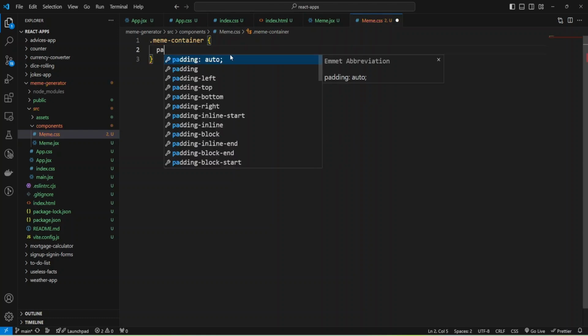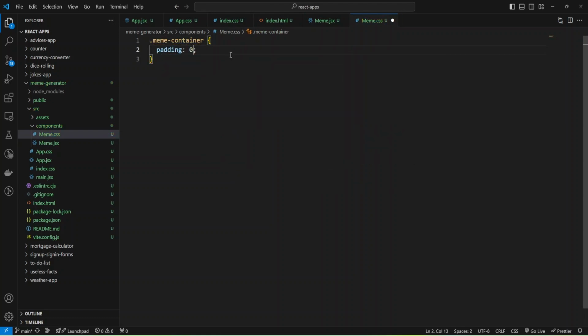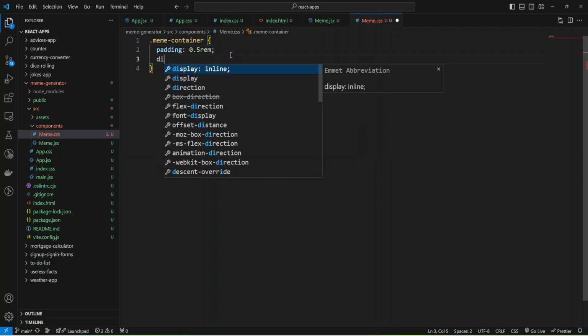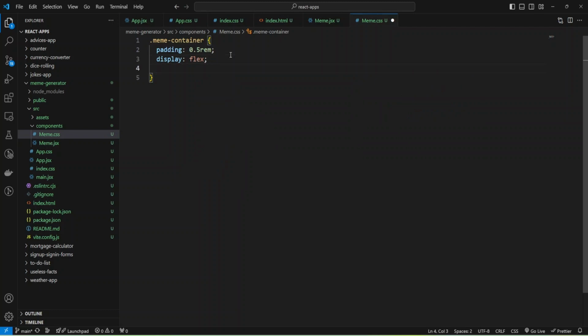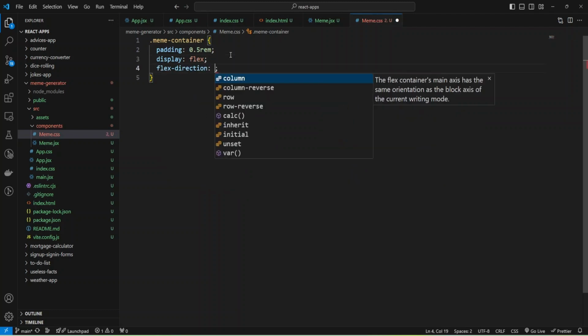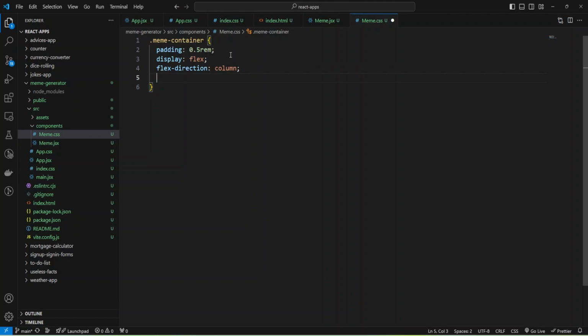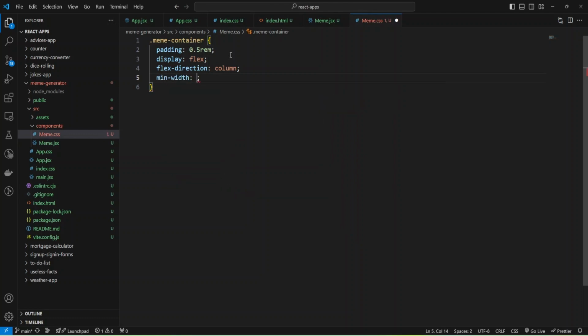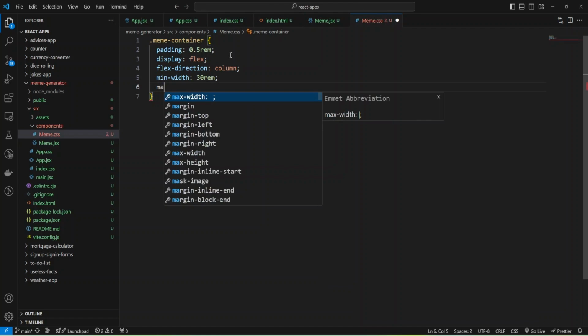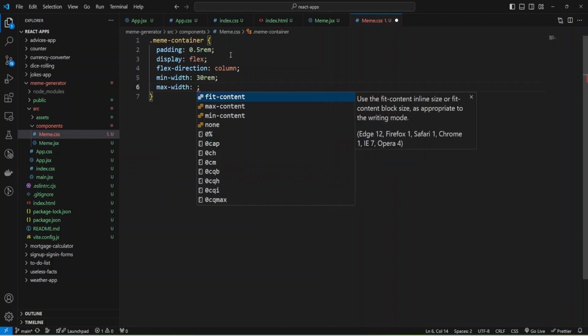And let me add padding 0.5rem and make it display flex, and add flex direction column, and define min width like 30rem, and max width will be 50rem.